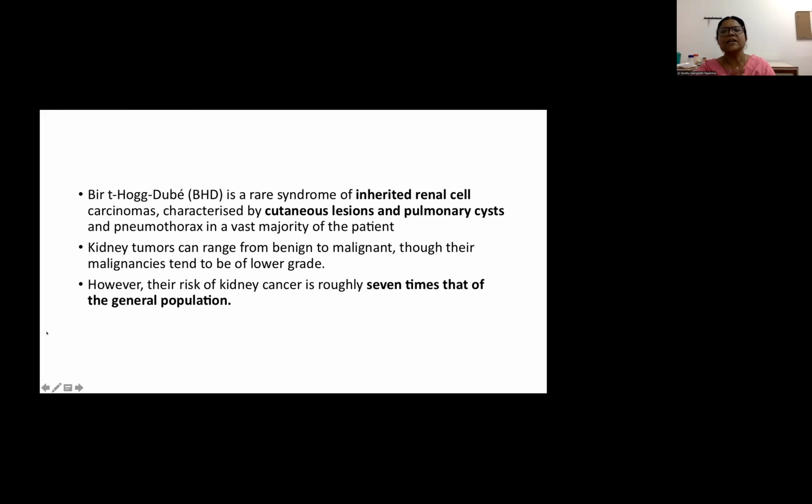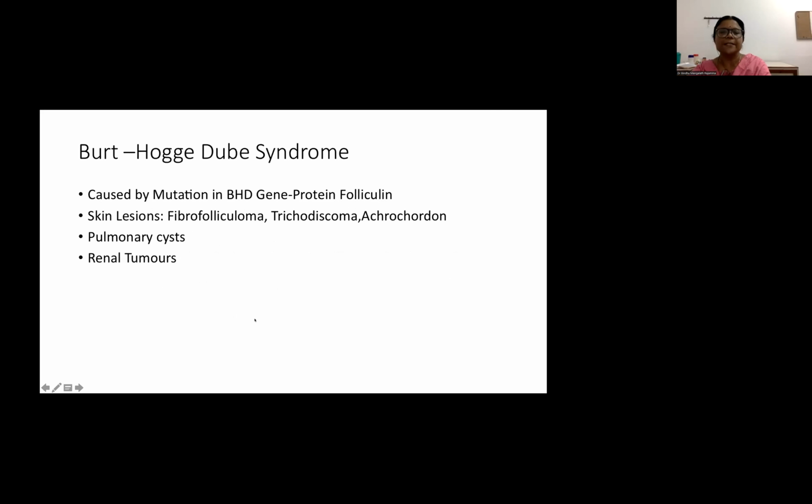And in Birt-Hogg-Dubé syndrome, the kidney tumors can range from benign, that means an oncocytoma, to malignant. The malignant tumor could be a chromophobe renal cell carcinoma or a clear cell renal cell carcinoma. And the risk of Birt-Hogg-Dubé syndrome patients having a kidney cancer is about 7 times that of the general population. And this syndrome is caused by mutation of the Birt-Hogg-Dubé gene or the folliculin gene, which is located at